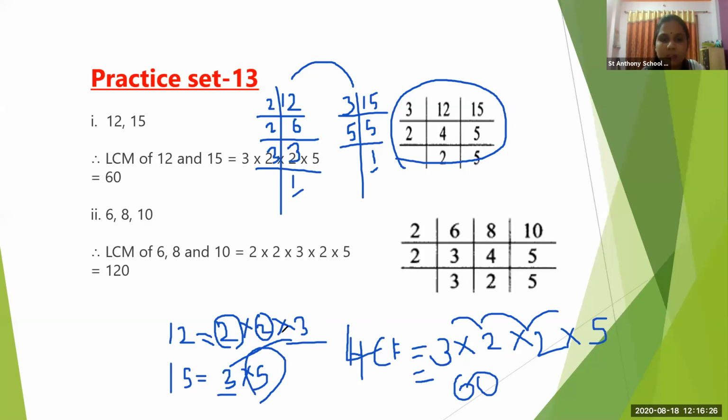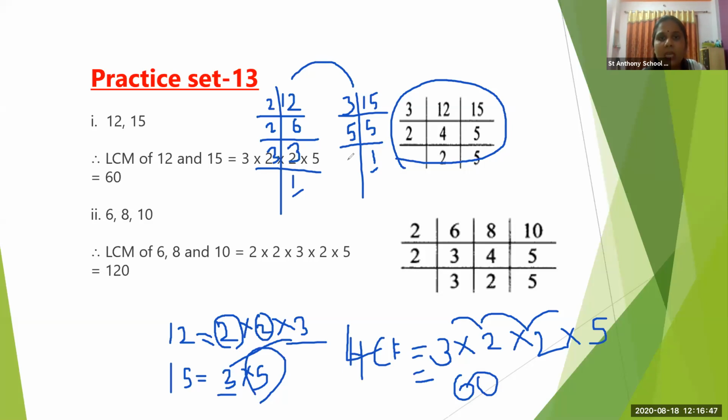ठीक है, फॉर एग्जाम्पल 3 कॉमन है तो हमने 3 भी लिया, और अदर फैक्टर्स जैसे 2, 2 एंड 5 है वो भी हमने लेना है. तो 3 into 2 into 2 into 5 that is equal to 60. Understood everyone? Understood? So my advice to you is that if you want to find HCF, then take number separately